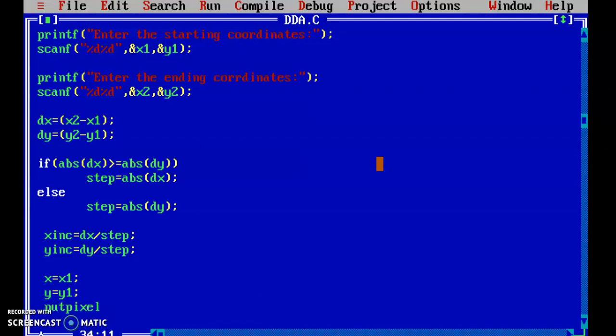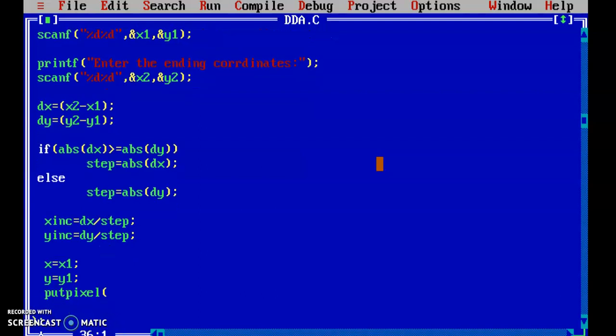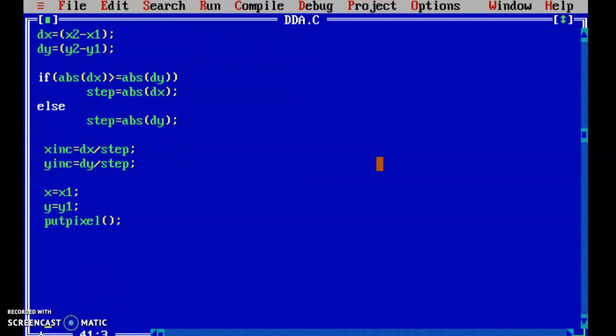Now we'll use putpixel, which is used to put a color on a pixel. Hope you are understanding these things. We pass coordinate x and coordinate y, which together give a pixel position, and third is the color. Here instead of the color name I am writing the equivalent numeric value. So 4 is for red; you can pick any color from 0 to 15.